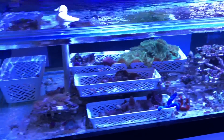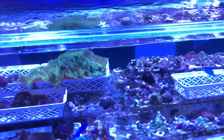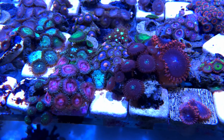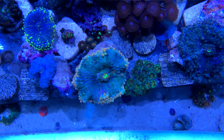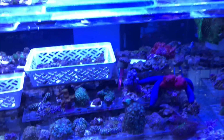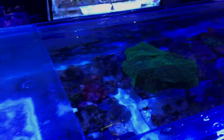So this tank is kind of the catch-all, has a variety of zoanthid frags. Once again, the Australians are really on the ball when it comes to their Rordia Yumas. So I was really able to find a lot of really great polyps. Again, there's a diversity of zoanthids and a really cool and slightly different strain